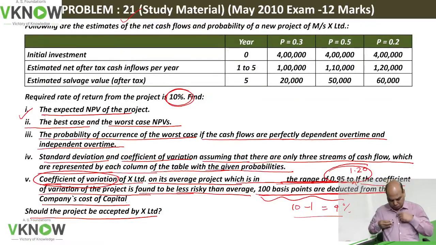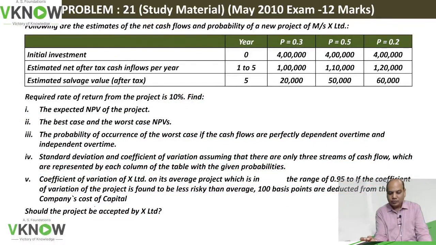How do you solve this question? First question is expected NPV of the project. So how do I compute the expected NPV of the project? Can somebody help me please? Expected NPV of the project. We have 3 possibilities. Either this combination can realize, or this combination can realize, or this combination can realize. Is it right? So I am going to first compute 3 NPVs, assuming that initial investment will be 4 lakh,